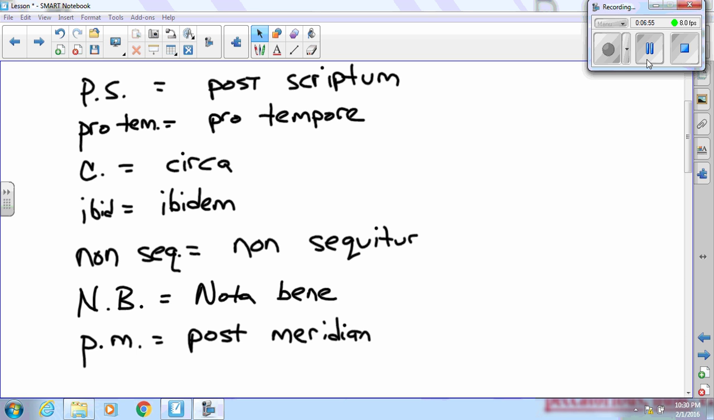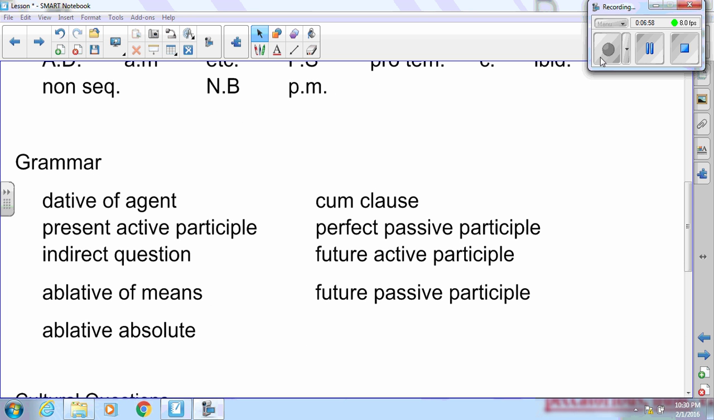That's a joke. Next, I have some grammar terms for you. Dative of agent, cum clause, present active participle, perfect passive participle, indirect question, future active participle, ablative of means, future passive participle, and ablative absolute. These aren't new to us. We've seen all of these on previous tests, but they're going to stick with some of these